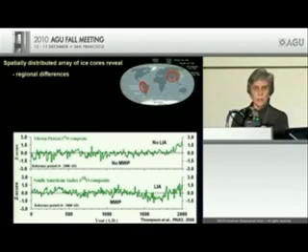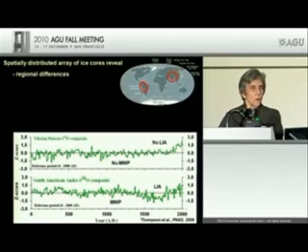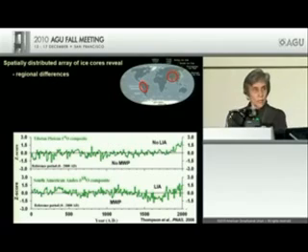One of the reasons for this is there's no single best ice core. There's no single best place to go to drill an ice core, because where you go to drill an ice core depends upon what the question you are asking is. And when we are interested in global scale phenomena, then we need to have a spatial distribution of ice core records, because ice cores intrinsically carry with them a local to regional signature. So here we can see an example of this.